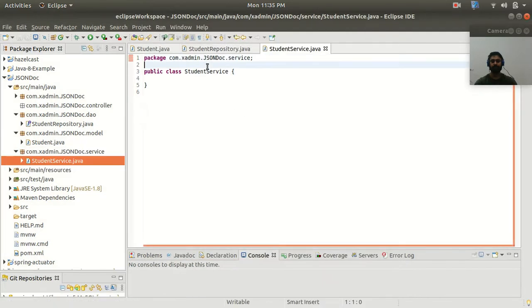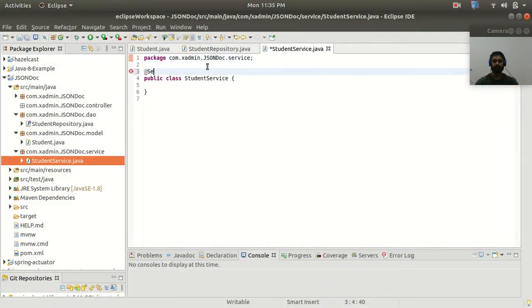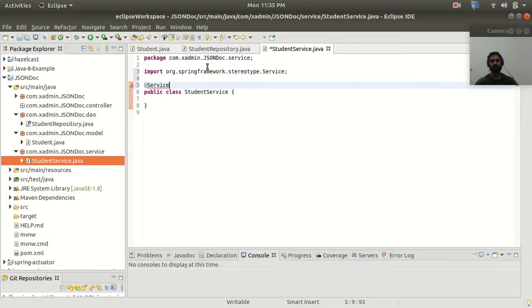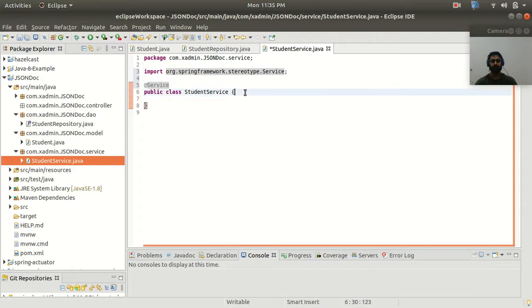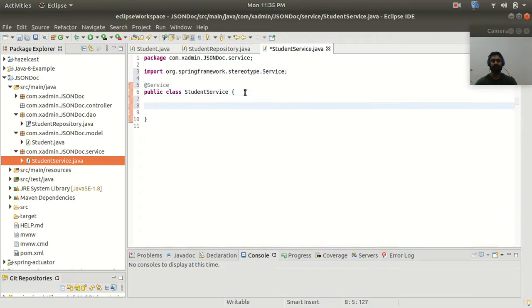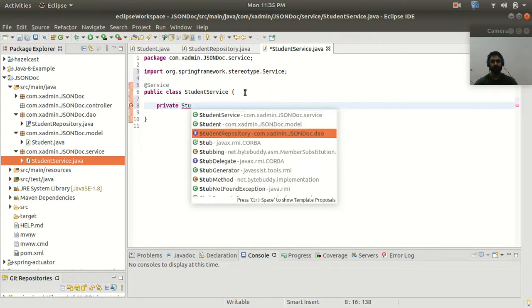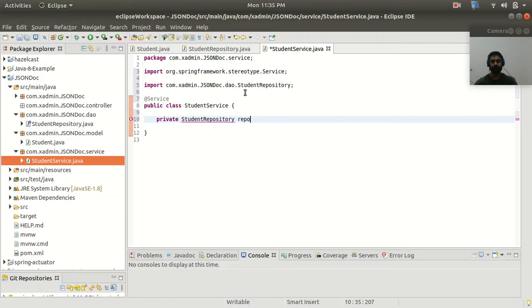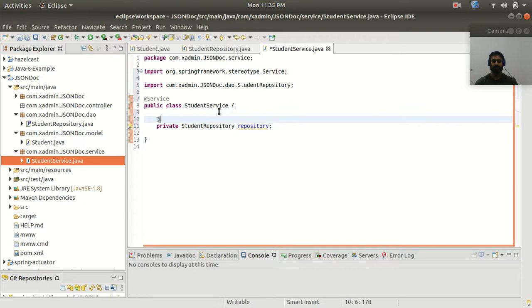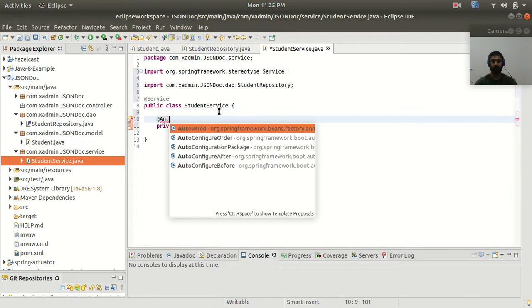This is my service class, so I have to mark this with the @Service annotation, right? Here I am going to inject my StudentRepository reference variable. So let me first inject it, StudentRepository reference variable named repository, and I will annotate this with @Autowired.